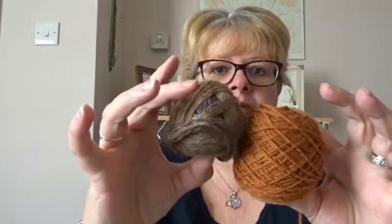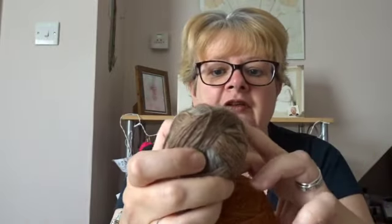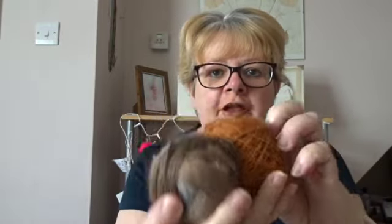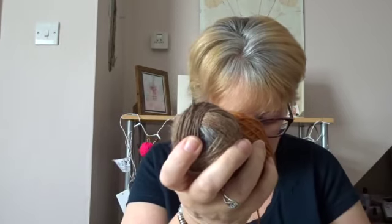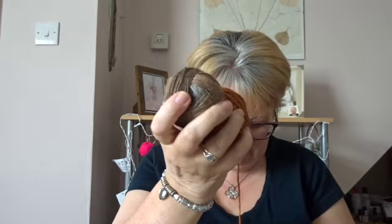These are 2 of them. So this is the main colourway, and this one is part of the contrast, and this one is actually variegated, so I'm winding some of it off to get the darkest part of it. So that's 2 of them. The third one, if I can find it, because it's caught up in here somewhere,